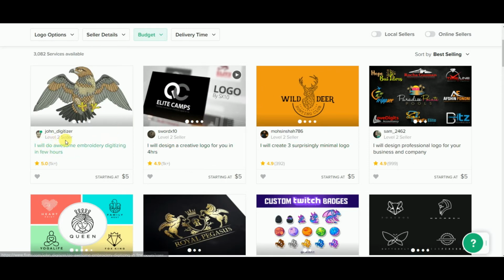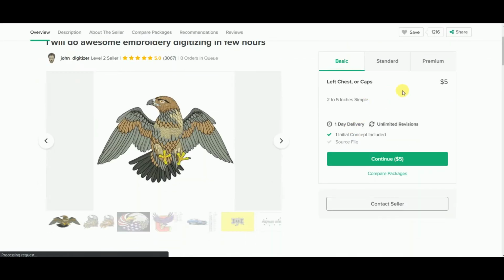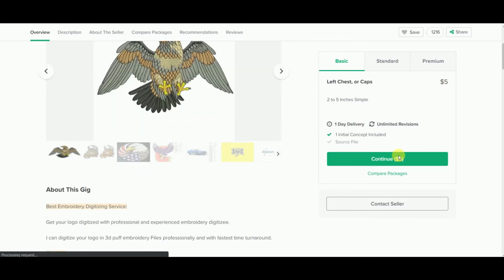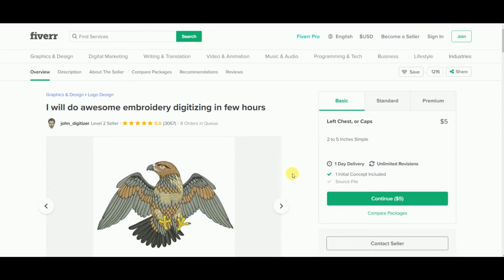For an example, this is seller 2, and what I will do is click here and place this order. I will not look at what he is telling or what things he wants to sell for $5. I will just click here and place the order, and once I place the order I will ask the seller to complete it anyhow. Regardless of what they are offering, I will ask for many more revisions or much more work for the $5. So the seller will do that and spend more time, and mostly the newcomers who are new on Fiverr